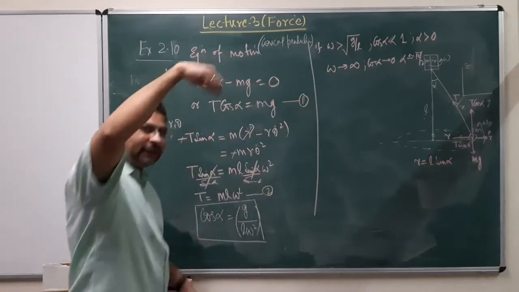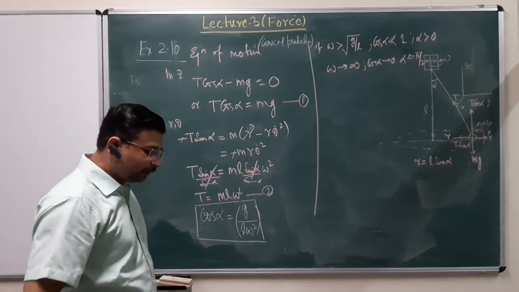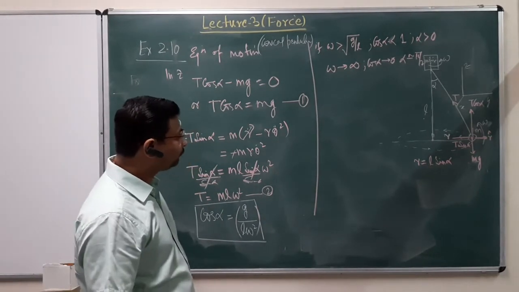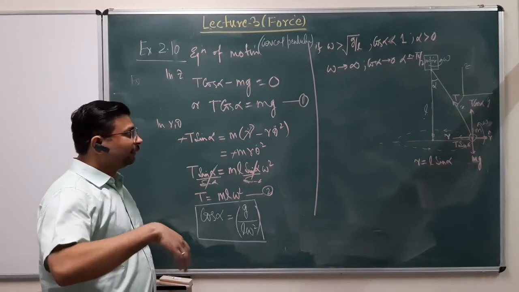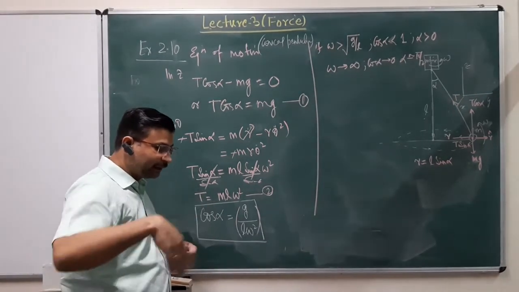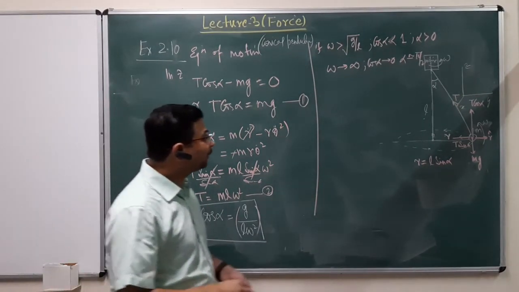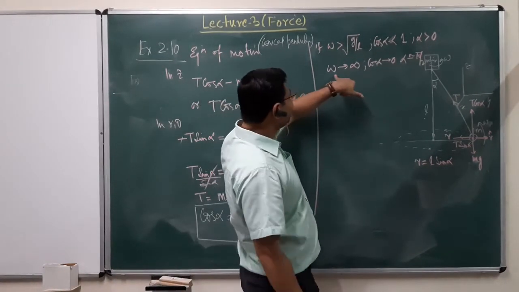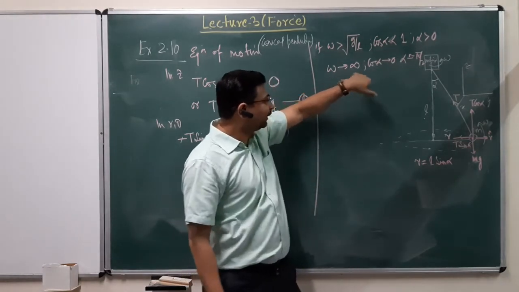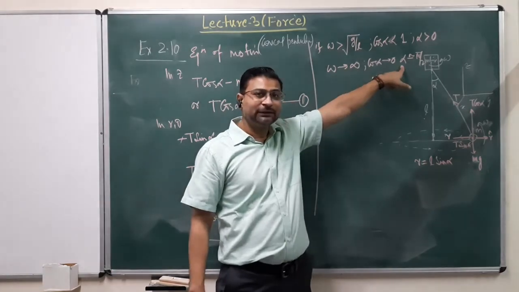So you can keep on increasing the angular velocity of your conical pendulum, and we all have seen it at some point of time whenever we do these kind of experiments or tricks. The mass will keep flying away from that center line, from the vertical line. However, the maximum you can do is go to infinite angular velocity, omega tending to infinity, but the maximum angle that you can go is up to pi by 2.